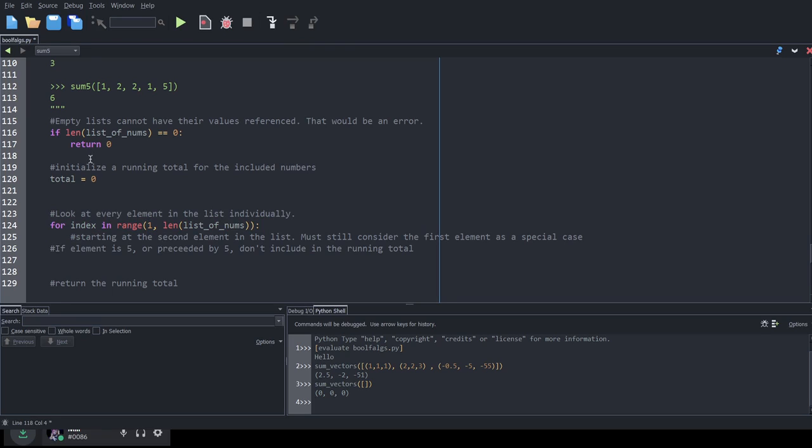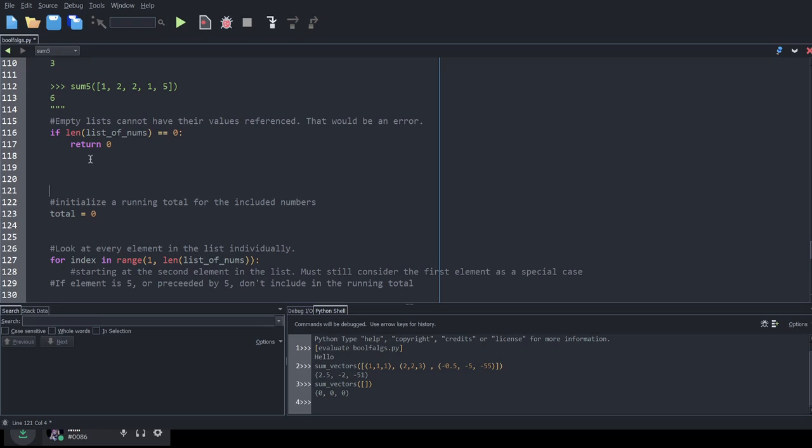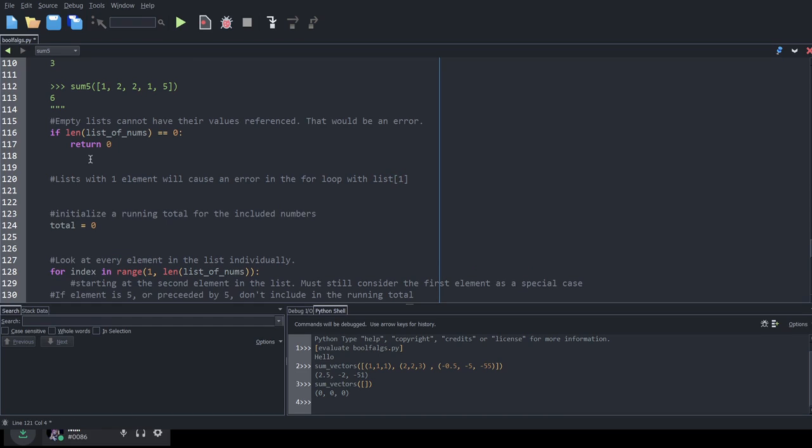So we need another special case: lists with one element will cause an error in the for loop with list at 1. So we have to deal with the one element list separately.